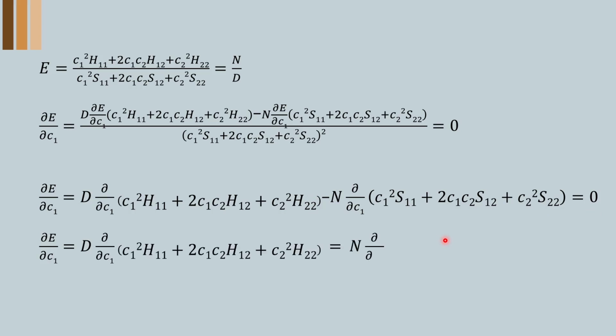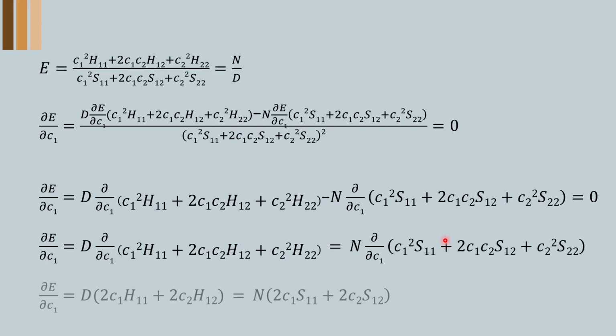So be ready for the differentiation, because we are doing differentiation with respect to C1. Therefore, for C1 squared the differentiation becomes 2C1, while for C1 here the rest of the things are as such, they are assumed to be constant. The C1 is dropped to 1, so what is here is 2C2H12, and for C2 squared H2, because this is a constant and the differentiation of a constant drops to 0,